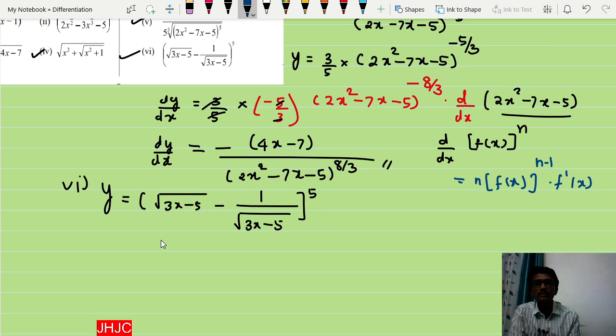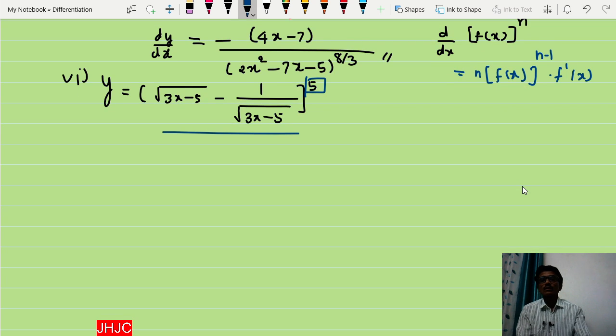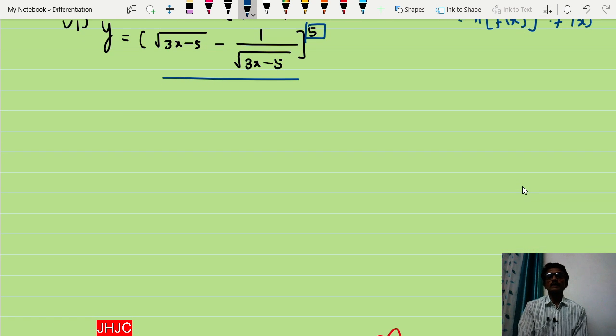So we are applying this here. This is our f(x) raised to power n. Y is equal to f(x) raised to power n, so it is n f(x)^(n-1) into f dash of x. So dy by dx is equal to,